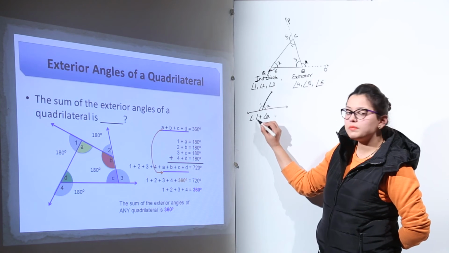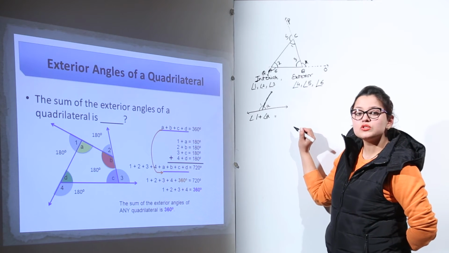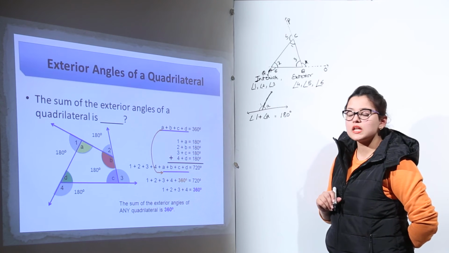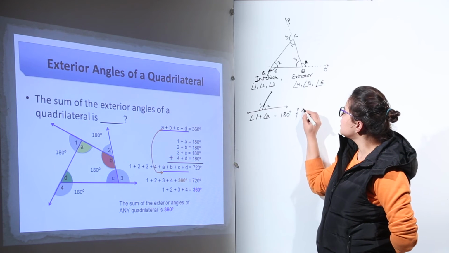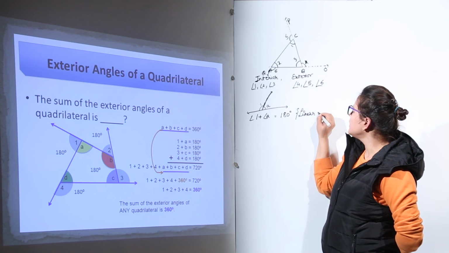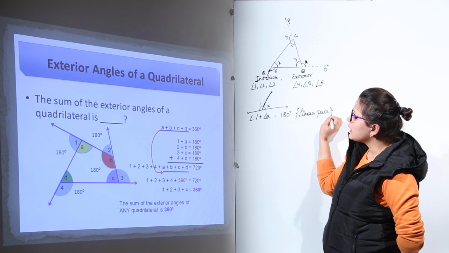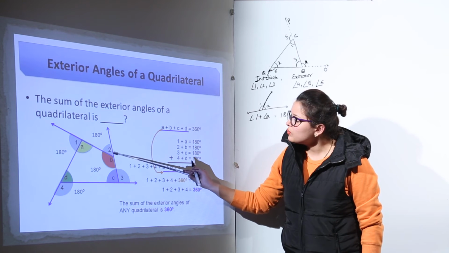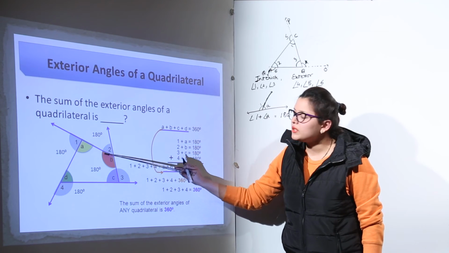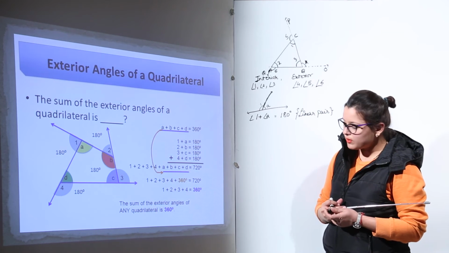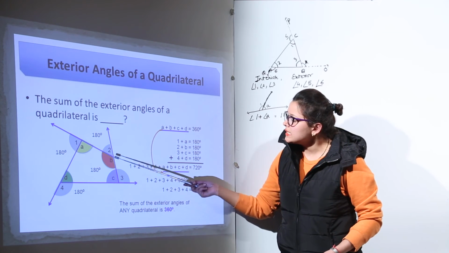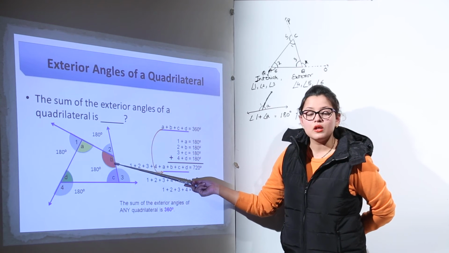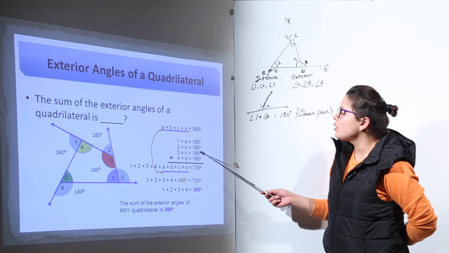So the sum of angles of a linear pair is always equal to 180 degrees. We have learned this in the previous classes. Why? Because this is forming a linear pair, right? Now we can see that a linear pair is formed in angle 2 and B also, because 2 and B are also having a common arm in between them. So when two angles have a common arm between them, they will be known as a linear pair. Now because they are making a linear pair, we can write their sum to be equal to 180.